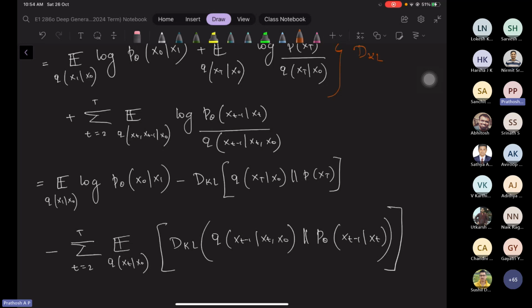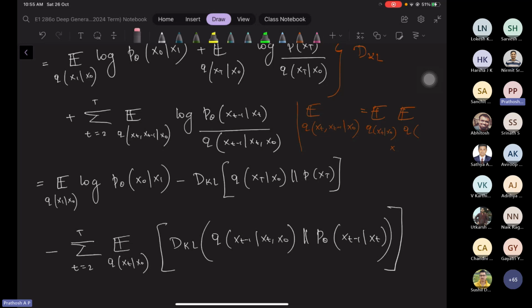That's tricky, right? So what we actually did here is to express this expectation. You have an expectation with respect to q of xt and xt minus 1 given x naught, correct? You can write this as a product of two expectations. The first is an expectation of q of xt given x naught, times the expectation over q of